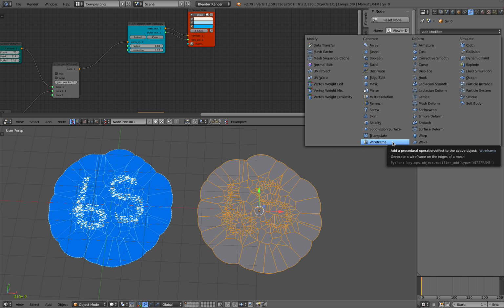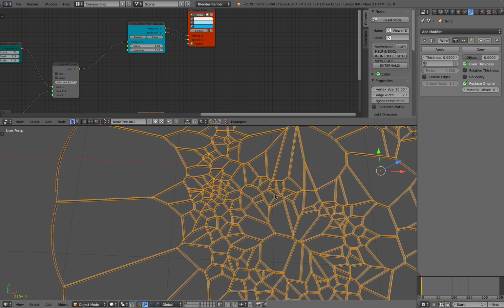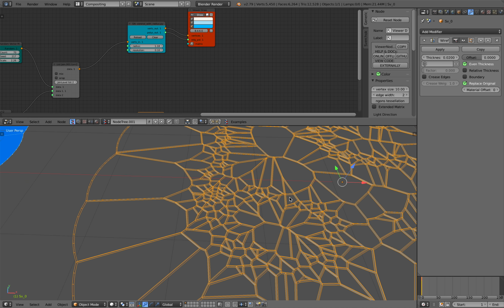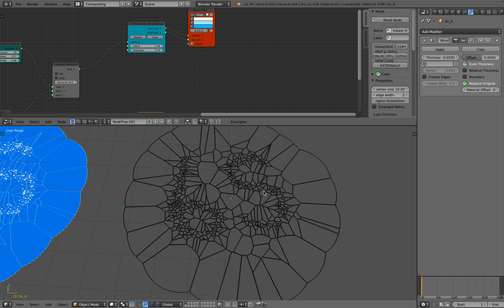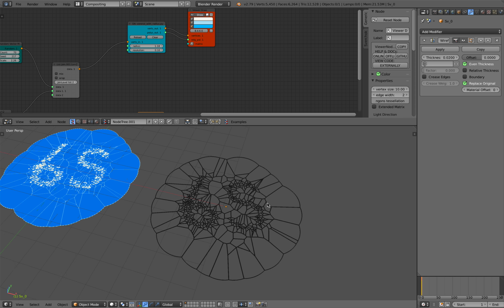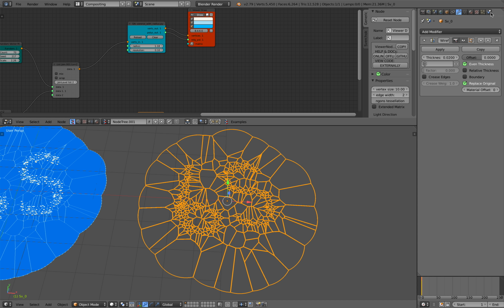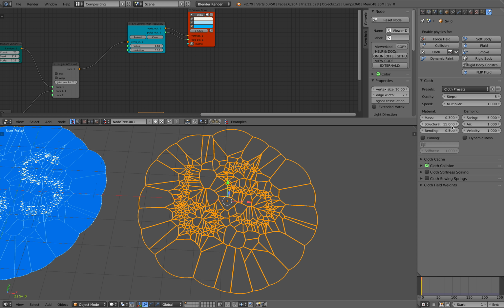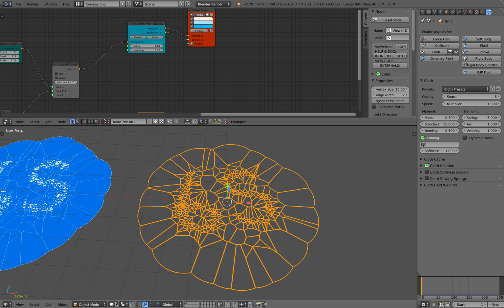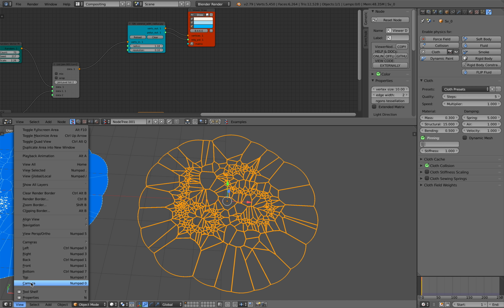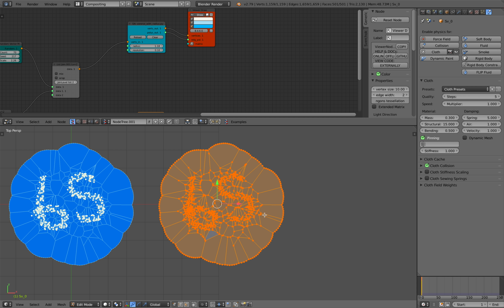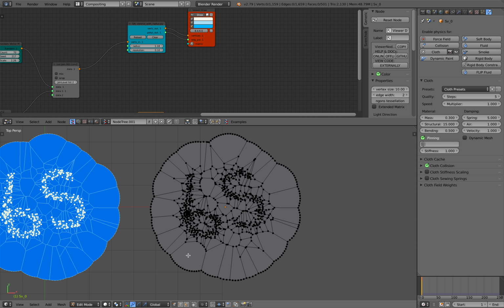So we can do a similar thing using wireframe like we did before. So wireframe will generate this kind of interesting looking mesh, and you can print this out, or first you turn on the cloth simulations and pin the area of the points. Let me go to the top view. Let me do that first actually. So selecting all this outer area,